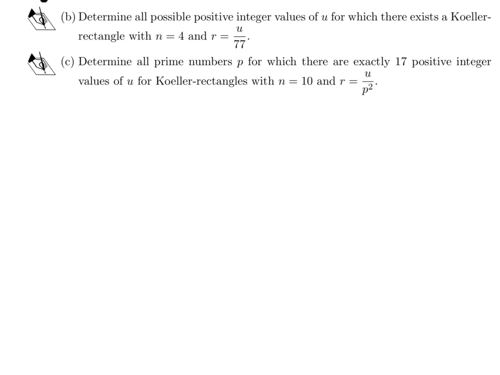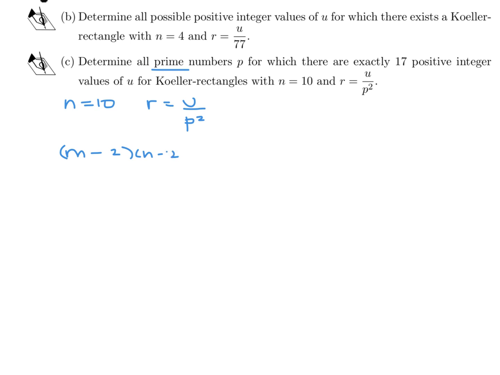Determine all prime numbers p for which there are exactly 17 positive integer values of u for polar rectangles with n equal to 10 and r equal to u over p squared. N is 10 in this question, and r is u over p squared, and p is a prime number. So here we go. Just like before, our ratio of shaded to unshaded was m minus 2 over n